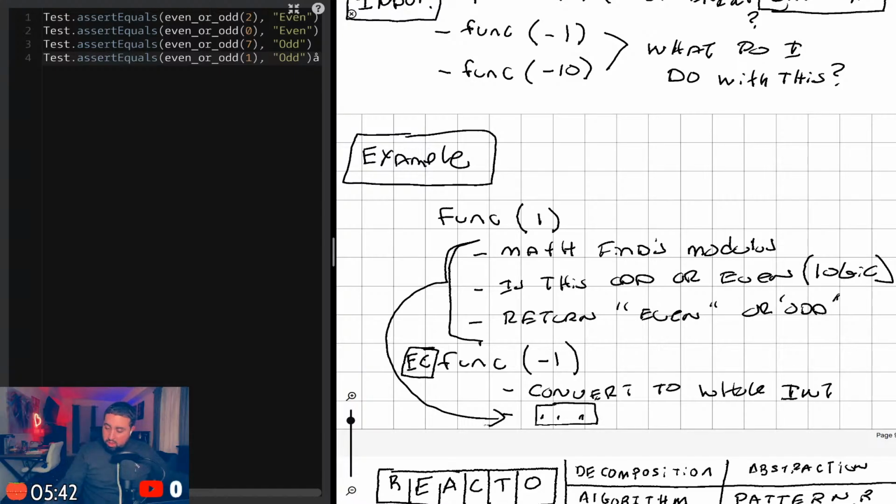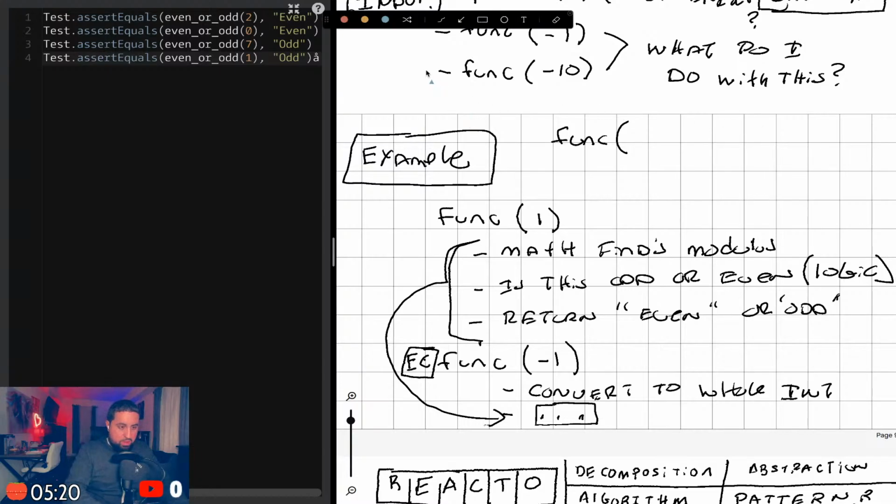One more. I'm going to write it up here on top. So what if, for this last example here, what if we were passed a different data type? We're focused on here now.